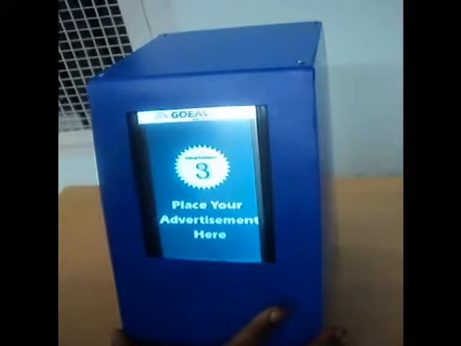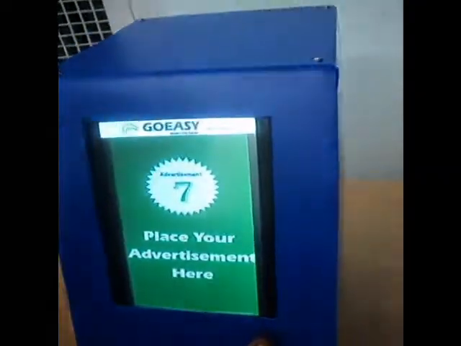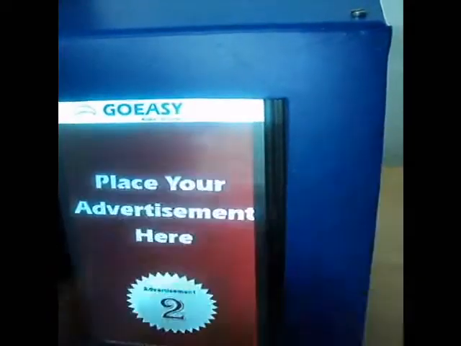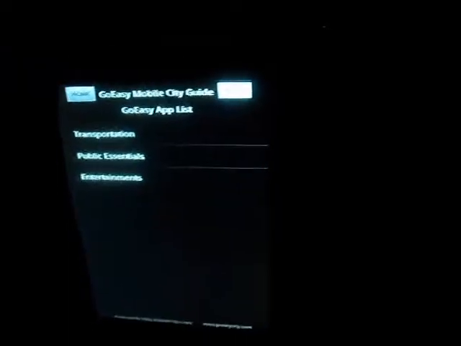Well, I'm just going to explain how this is going to work. In the initial screen, there is a screensaver. In the screensaver, we can paste some ads. Those are payable ads from some other company or any hotels. They can place their local ads in this screen. Just entering the app.